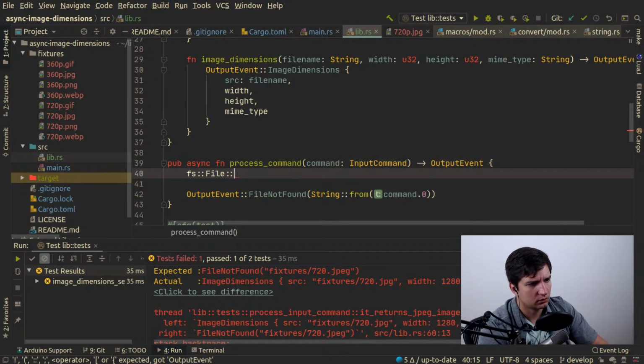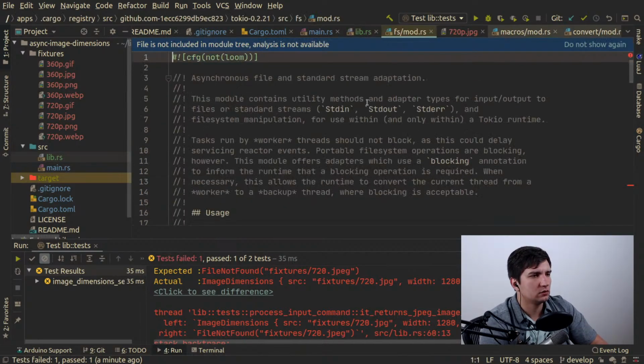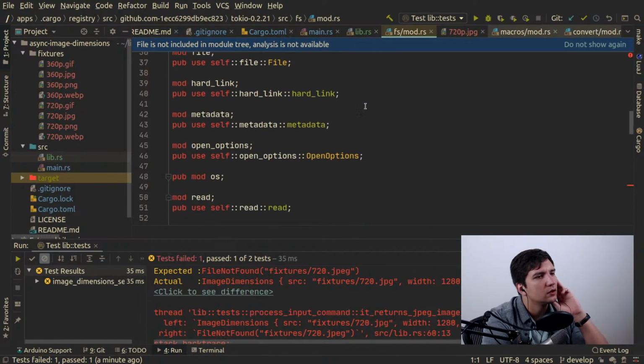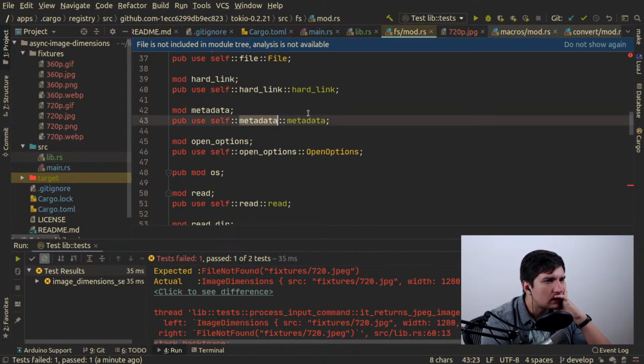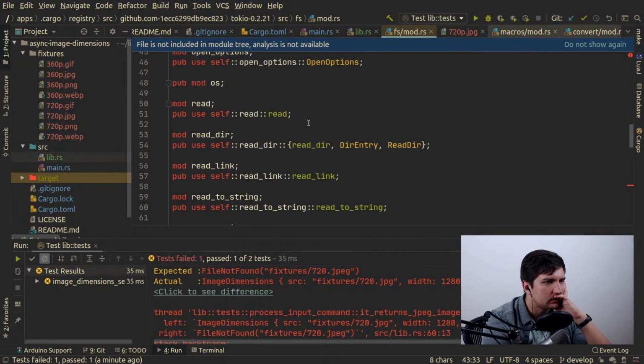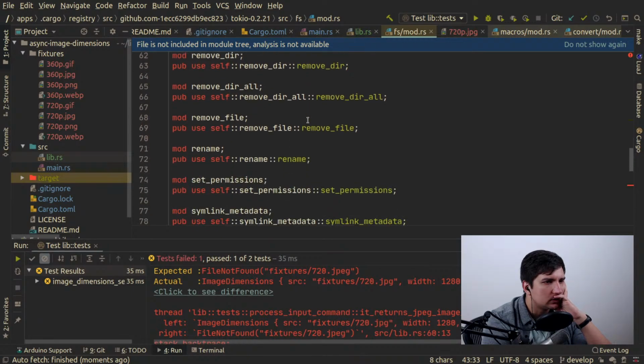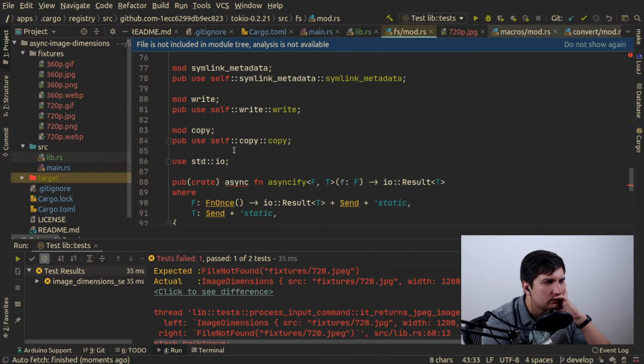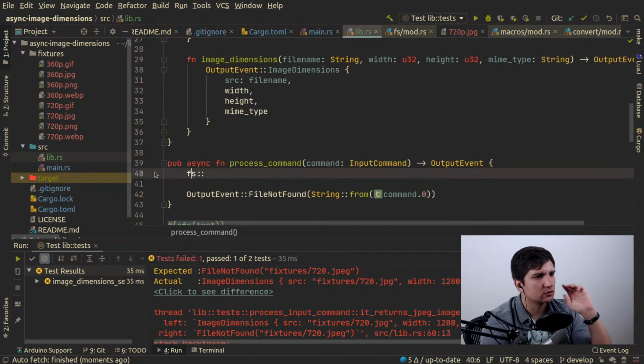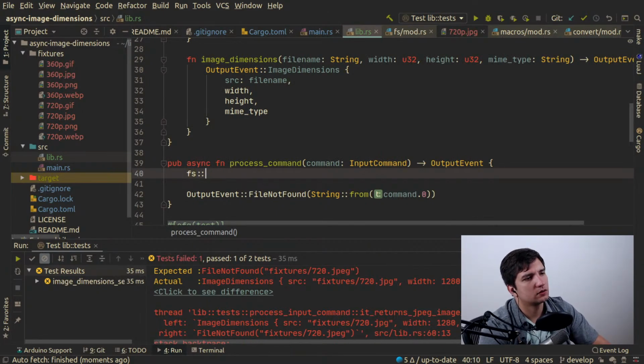And does it have some functions? Let's dive into the documentation. Let's see. Oh, I think it's metadata, right? Yeah, metadata. Okay, that's good. fs metadata for command